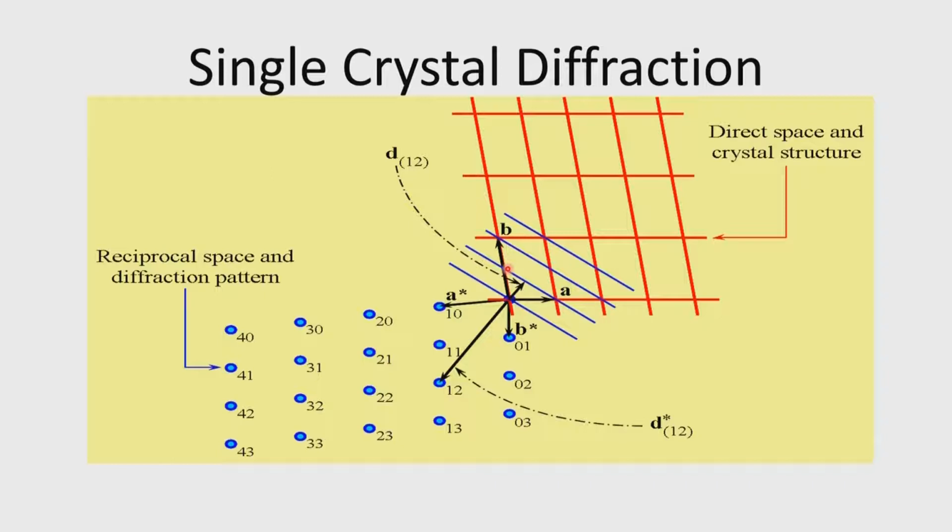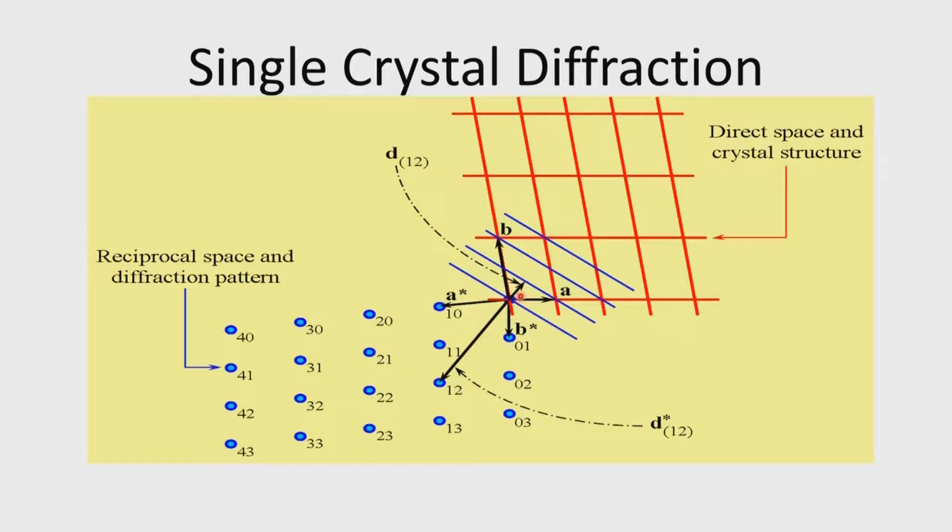So, we said already that the indexing is done in such a way that if there is a cut of half, it will actually be 2 in terms of the identification. So, therefore, D is 1, 2. Go back to the bread analogy where we took the central slice and said it is at half position along A, but that would mean that it is a 2, 0, 0 reflection if we are considering the reflections along the A direction.